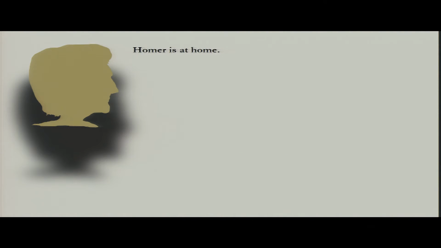This is a very different sentence. I don't know how to evaluate this sentence without having a real world. Otherwise it is a piece of fiction. It becomes a real informative sentence only when there is a model corresponding to it. So precisely when somebody says seriously Homer is at home, that person in a sense says that there is this thing in the reality. We differentiate between the language and the reality,